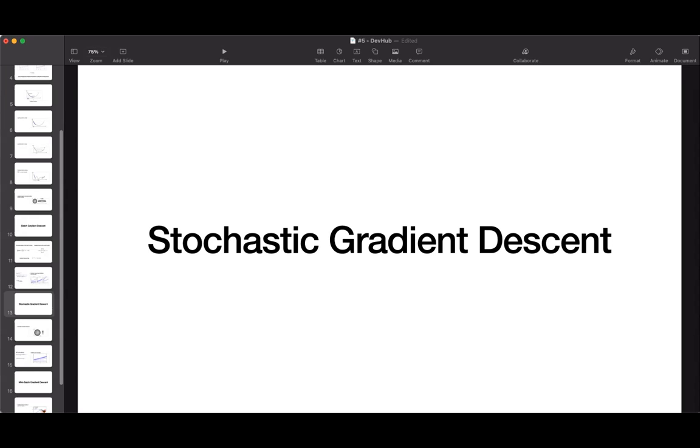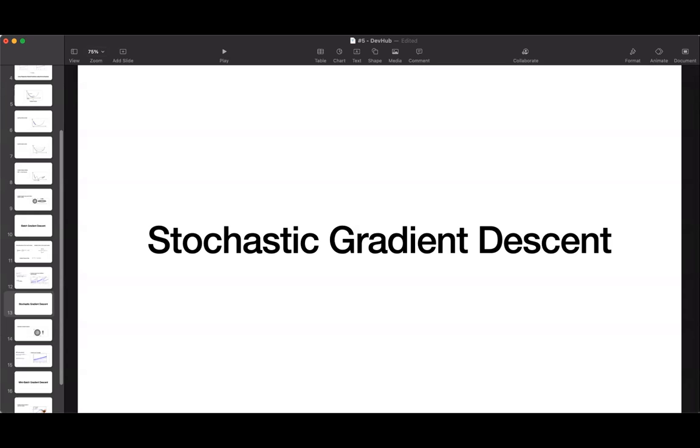Because it basically picks up one random instance. It would just simply pick up one random instance and have to play with that single instance only. It would have to load that instance in memory and iterate on that. Whereas in batch gradient descent, it had to pick up the whole training set and play with the whole training set. So there is a lot of overhead in that, which is overcome here in stochastic gradient descent.